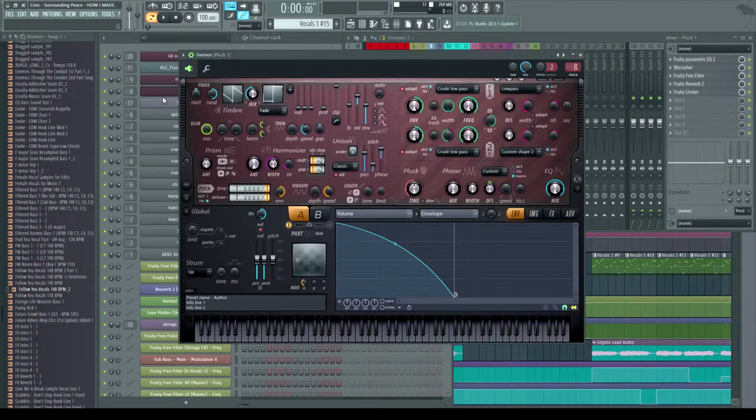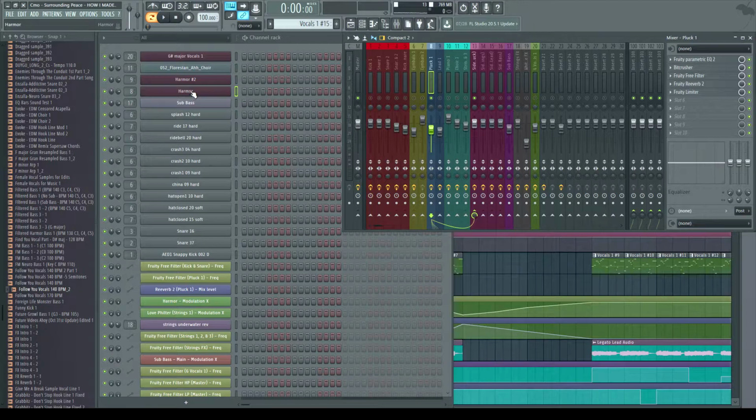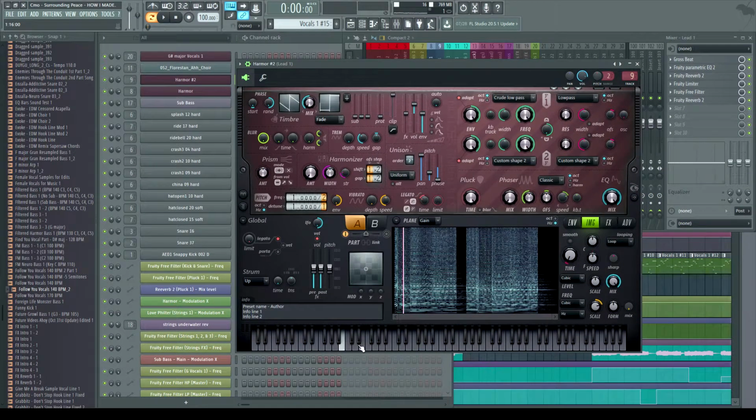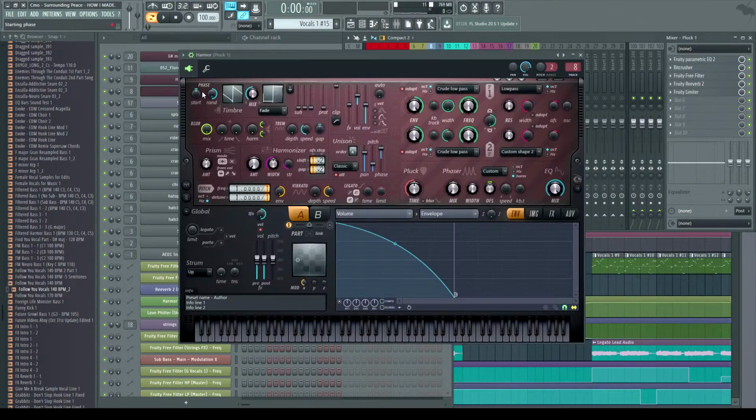This is actually, I think, a preset that I had made before. It may have been modified or something, but I don't really remember. What was this? Oh, this is my attempt at the lead thing. So this pluck thing, I don't remember exactly how I made everything, but it is a thing, and it's definitely something you can do.